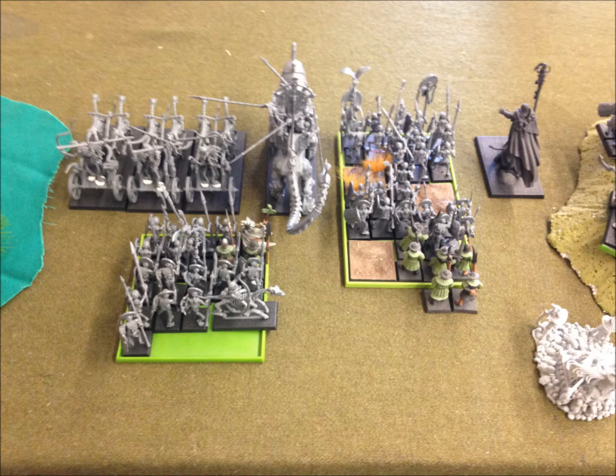Here's a look at my deployment. Starting on my left, I've got 3 chariots with full command. I've got a unit of 20 skeleton warriors as a bunker for my level 4 of Nehekhara. She has the Talisman of Preservation. I did not get the spells I wanted. I wanted the spell where they get extra attacks. I wanted the spell with a bubble 5-up ward. But when I rolled my spells, I didn't get either one, and I got no doubles. So I got the